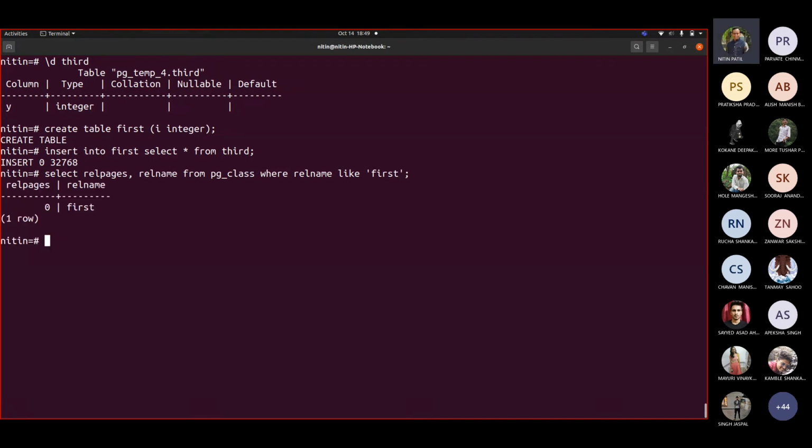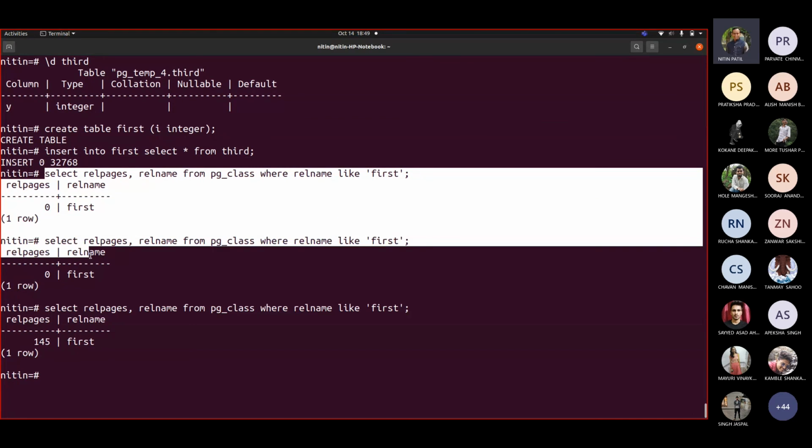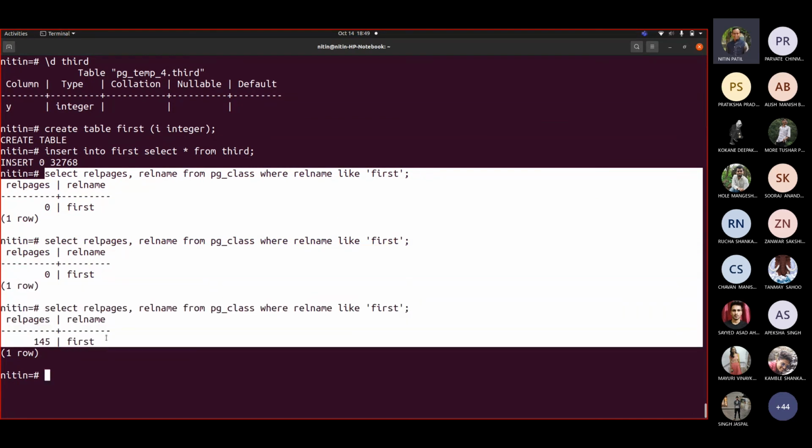You will realize it takes some time on my disk. It shows 0 still because it is writing. Earlier it showed 0, again 0, and after some time it communicated that there are 145 pages.